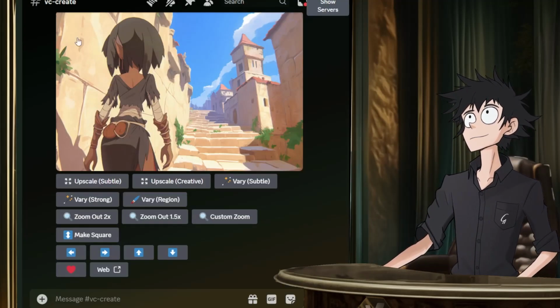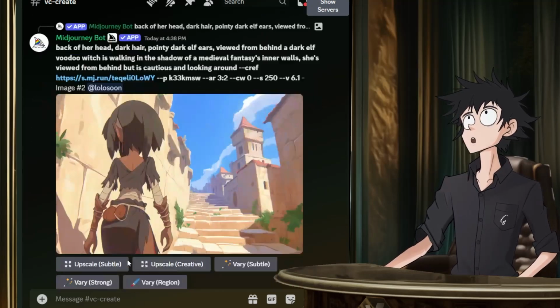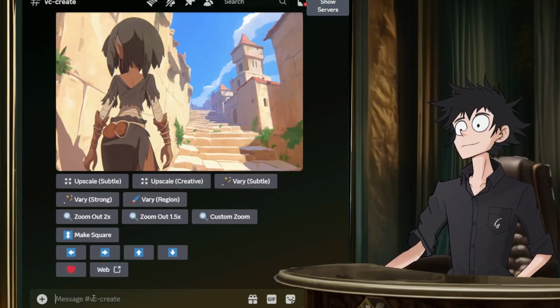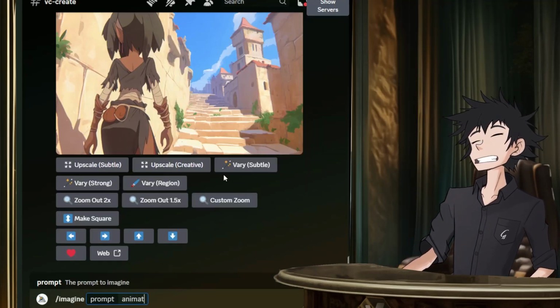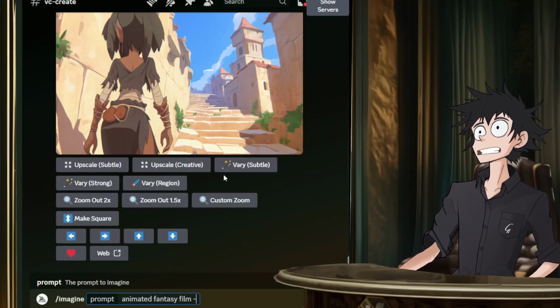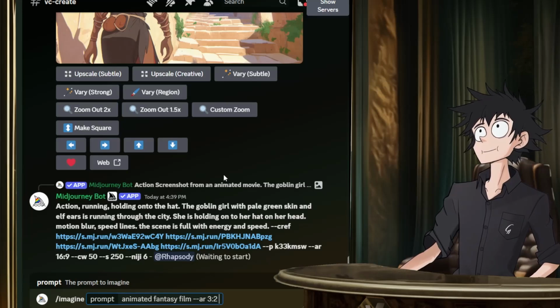What was I doing here? Oh yes, we're going to incorporate some profile blending here. So let's do slash imagine. We're going to do animated fantasy film, just to get us started. I'm going to do AR32 this time, and then we're going to paste the profile code